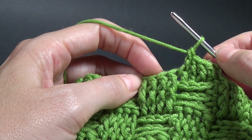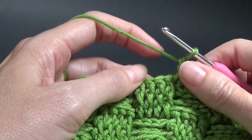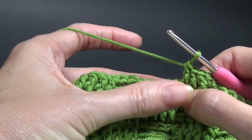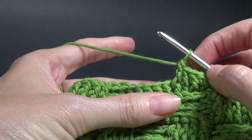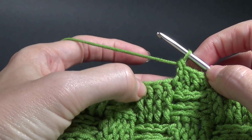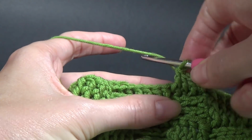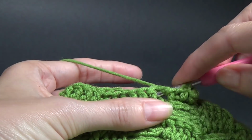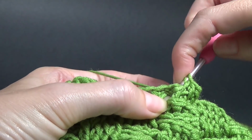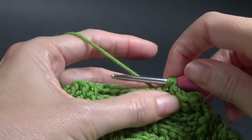And when we do our back post double crochet, it's going to be a decrease stitch. And I know that probably sounds confusing, but it's really not. It's just a double crochet decrease, which I'm sure most of us have worked, but we're just doing it around the back post instead of going through the normal place. So we're going to do a yarn over, we're going to do a back post stitch. I'm going to pull through, pull up a loop,